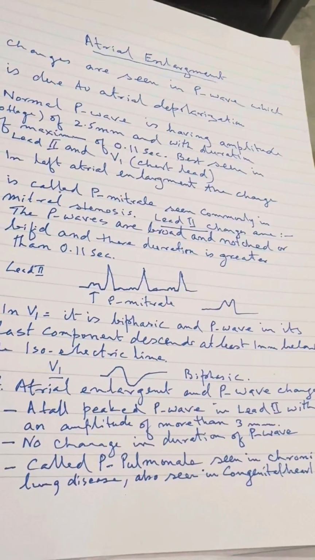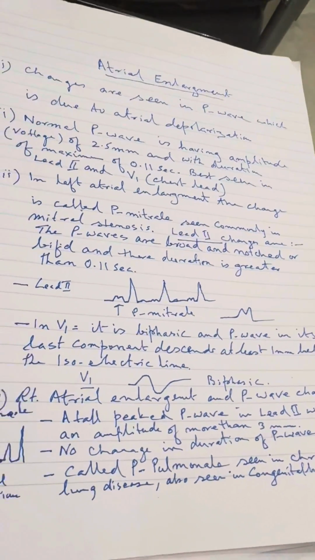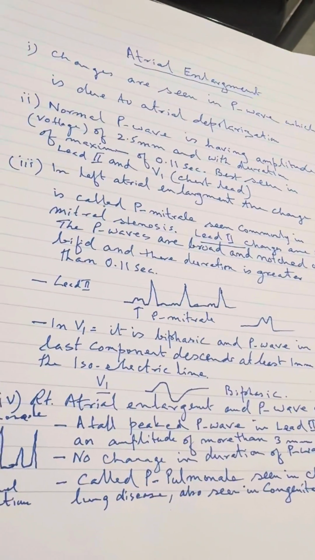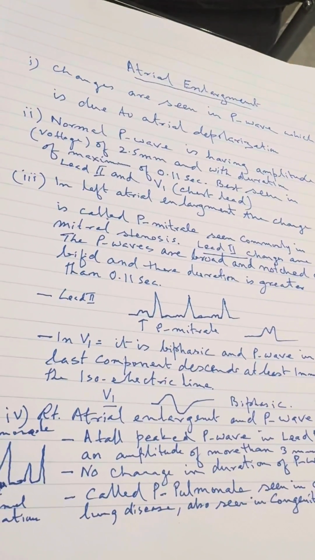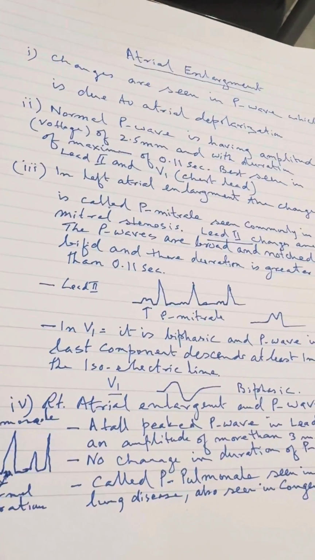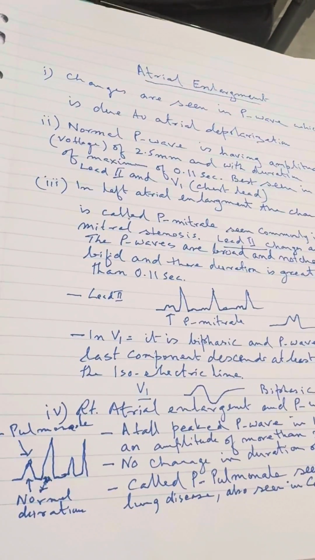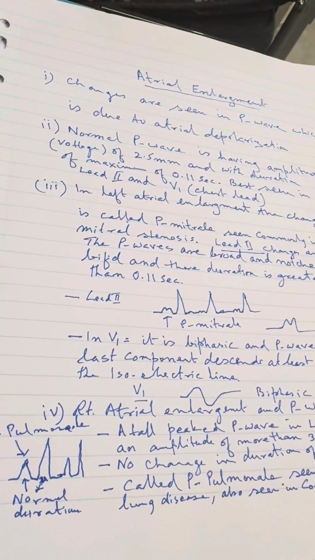Then we come to the description of ECG changes in right atrial enlargement. This is known as P pulmonale. What is P pulmonale? You will see it in cases of right atrial enlargement. And in this you will find, as you see in the diagram, a tall